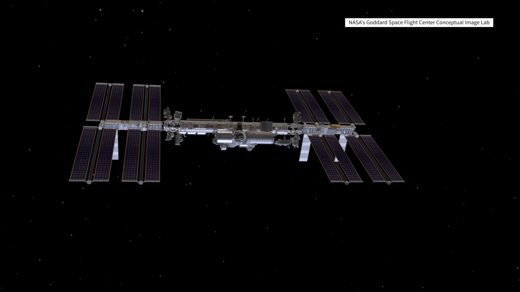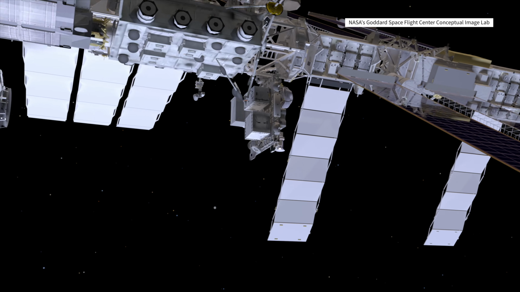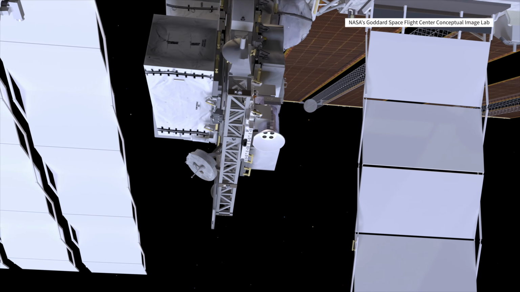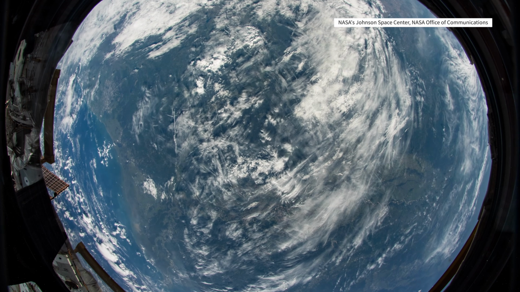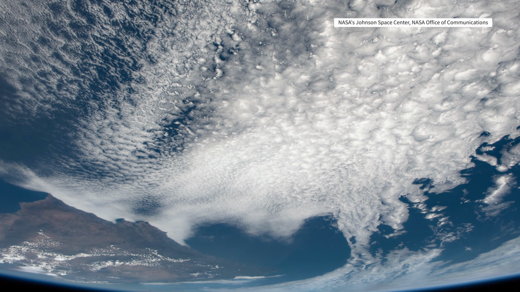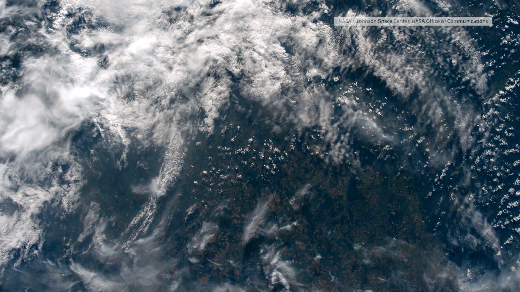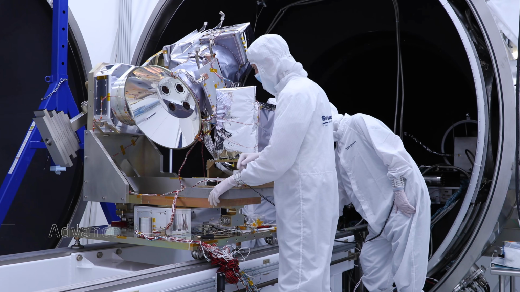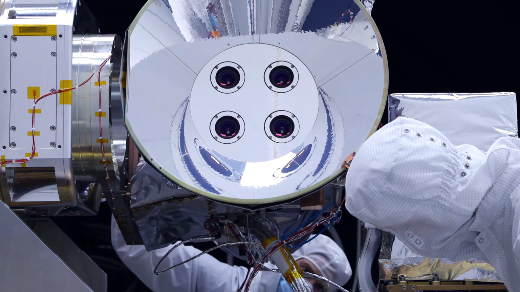With this instrument, we will take 4 images every second, and it's going to image about a 600 by 600 kilometer field of view, and it's going to tell us the amplitude, the propagation direction, and also we can tell where the hot spots are. Essentially, this device, called the Advanced Mesospheric Temperature Mapper, or AMTM, is a combination of 4